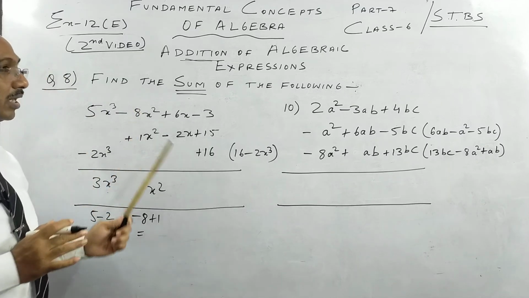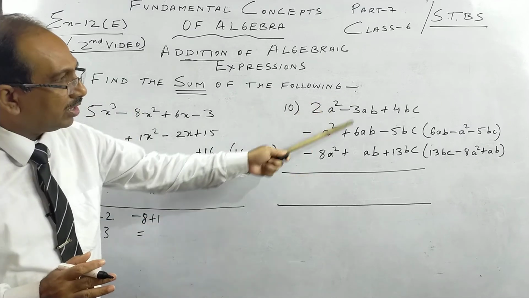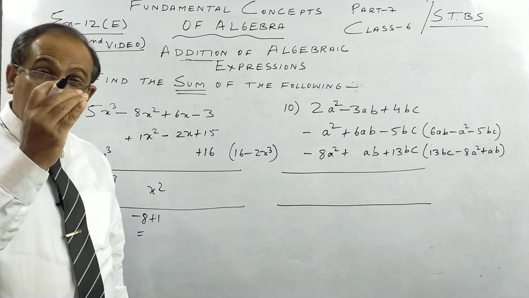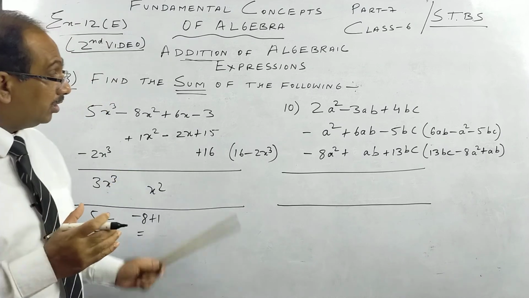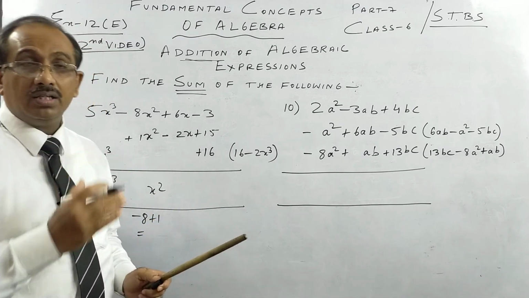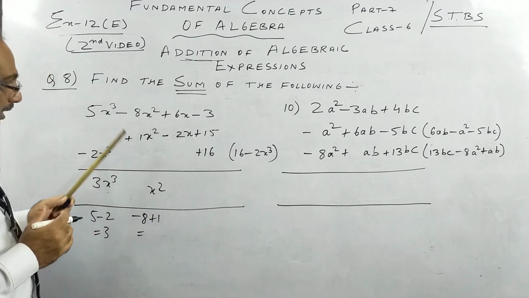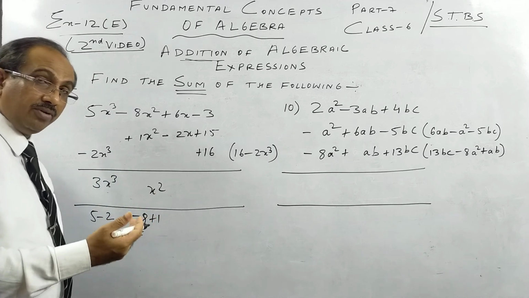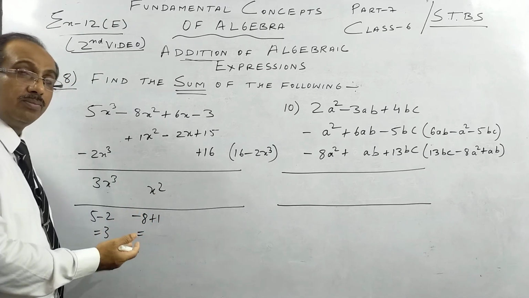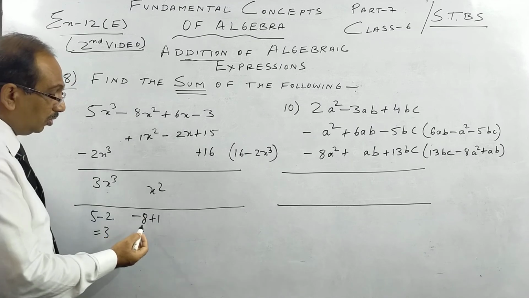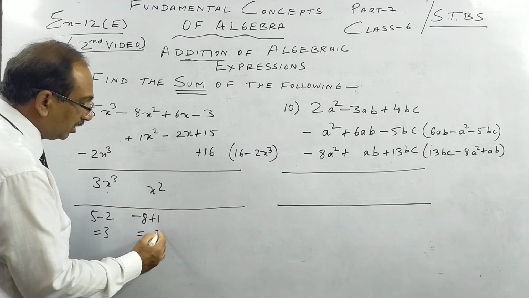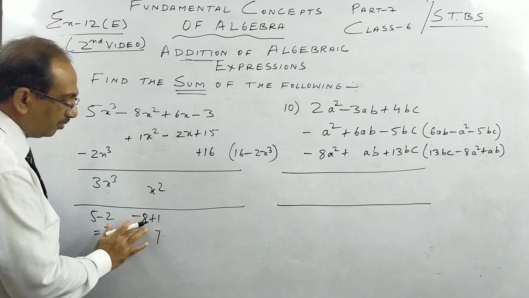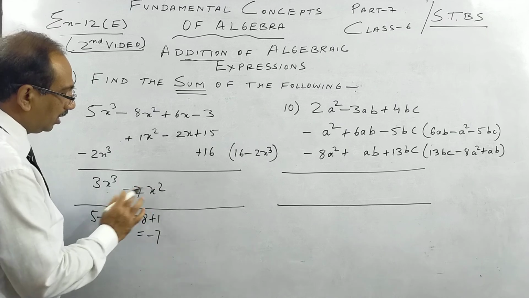So please take your time and write all a square in one line, ab in one line, bc in one line. When you do your work properly, with good handwriting, your chance of doing silly mistakes is very less. So see here, minus 8 plus 1. What have we learnt? Recapitulate that chapter on addition and subtraction of integers. Subtract the smaller from the larger. Don't see minus 1, plus 1. So subtract the smaller 1 from the larger 8 and put the sign of the larger.